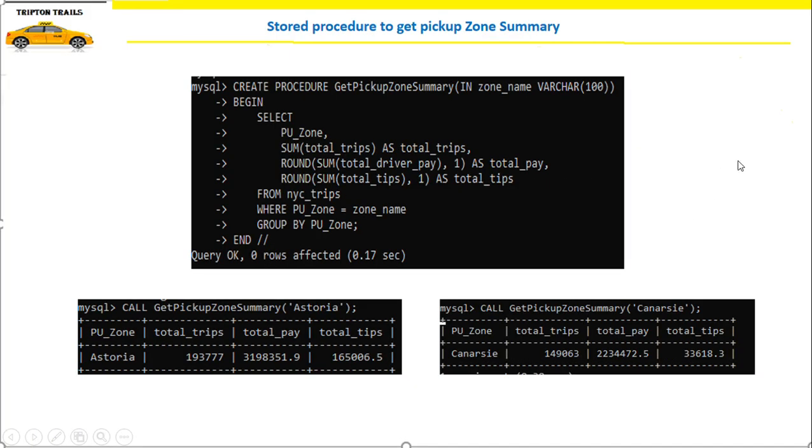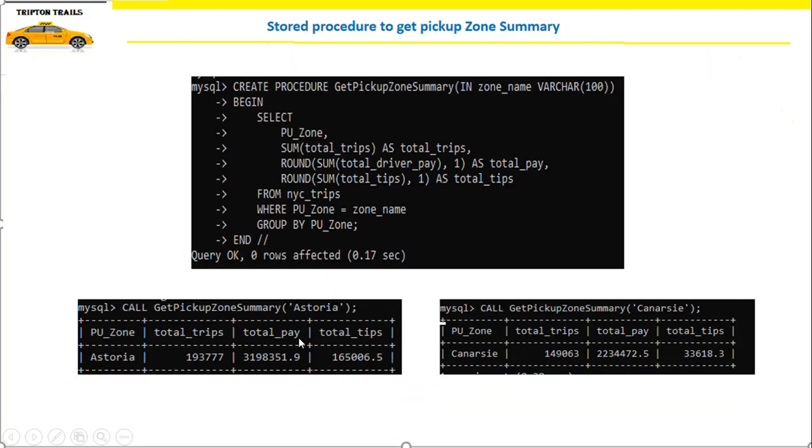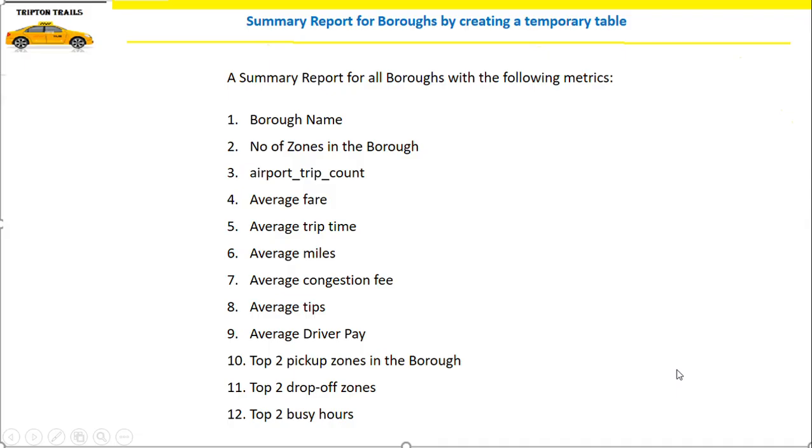I've created another stored procedure to get the pickup zone summary. In the previous one we were getting a summary of borough with respect to time, and here I created the stored procedure to get the pickup zone summary. So as you can see, if you call the procedure by giving the zone name, it will give the total number of trips, the total pay, and total tips also. Here I have given another example. So after that